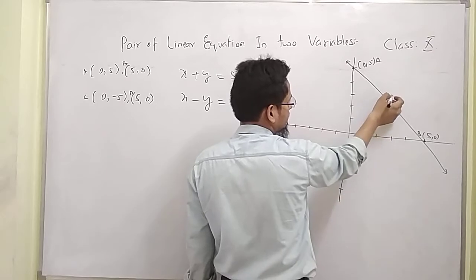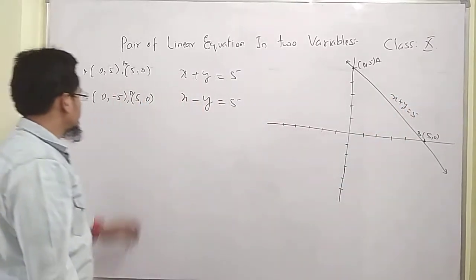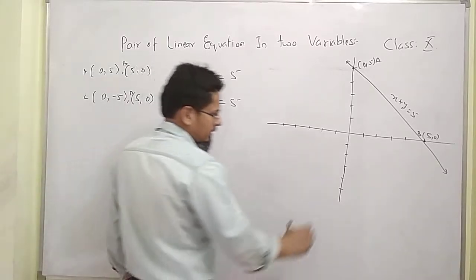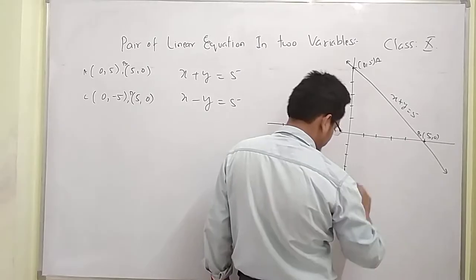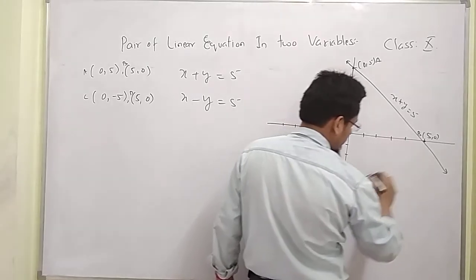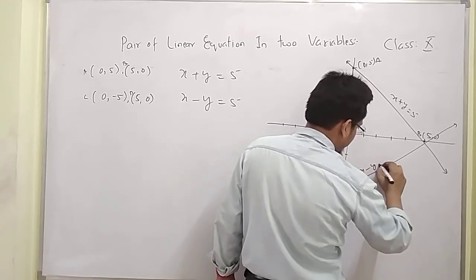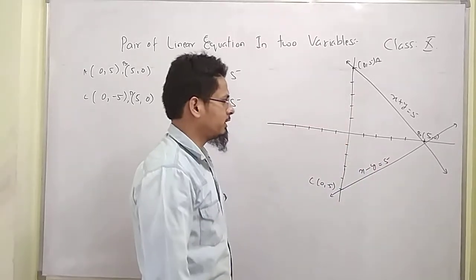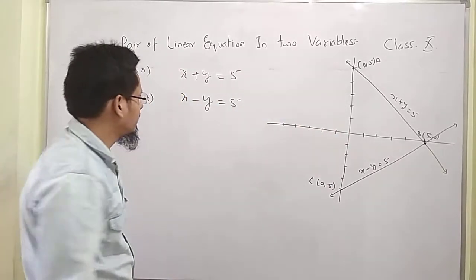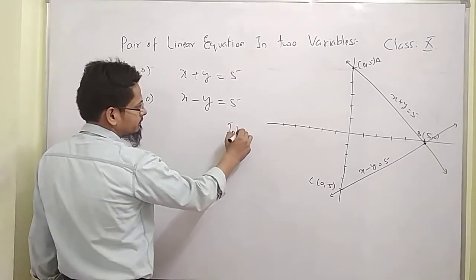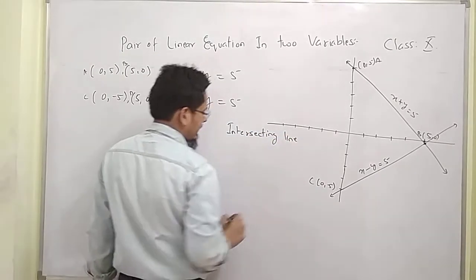Now I join both the points. It is the equation x plus y is equal to 5. Now again join this line. It is point C, 0 comma minus 5, and point 5 comma 0. Now we have x minus y is equal to 5. Okay, so what is the intersecting point? It is a condition of intersecting lines, and the common point